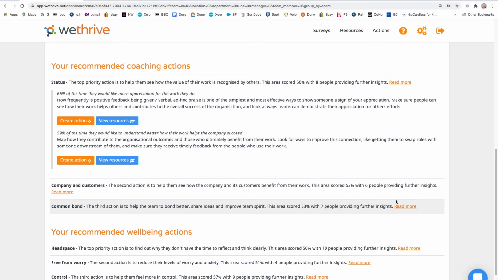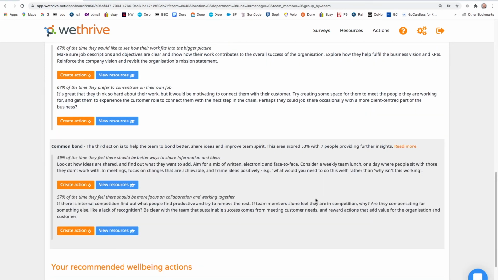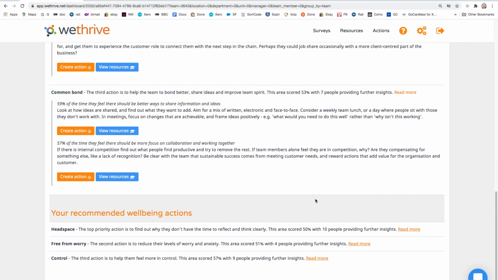Click on the Read More button to expand each action, and here you can view the extra feedback these employees have given, along with some coaching recommendations to help you think about how to act on this. So, for example, let's take common bond, that sense of togetherness, being part of something bigger than yourself. Here you see the number of people who gave further insights, meaning the number of people who gave extra feedback